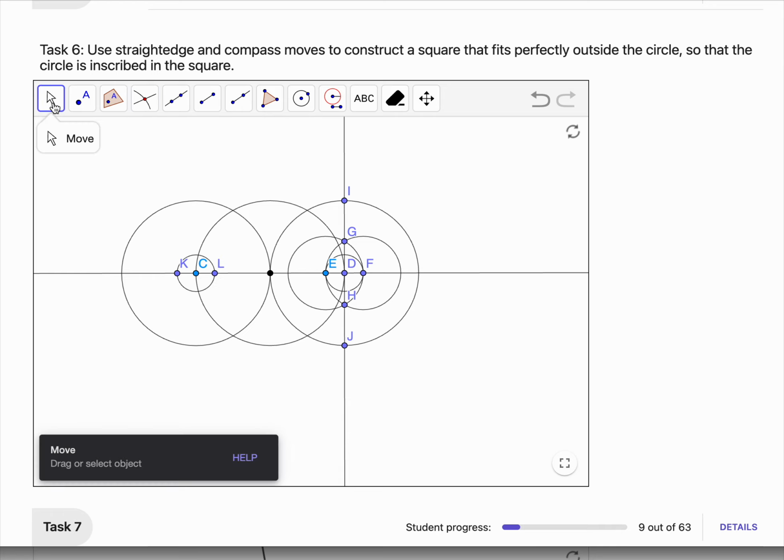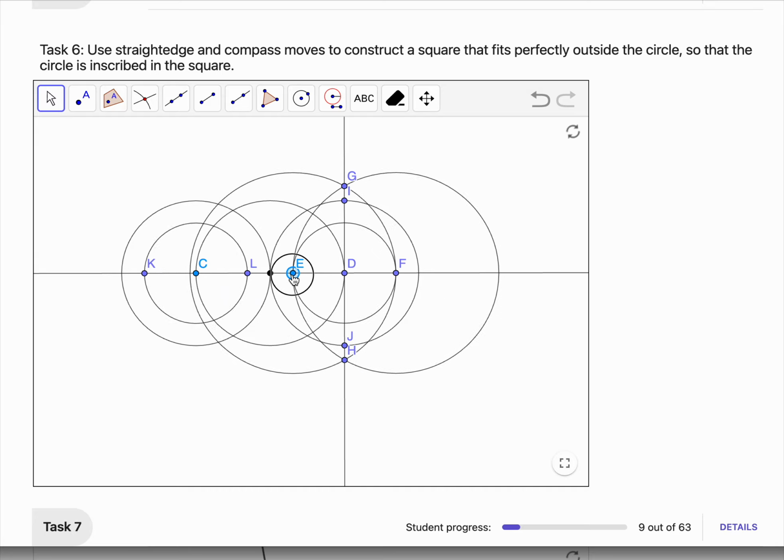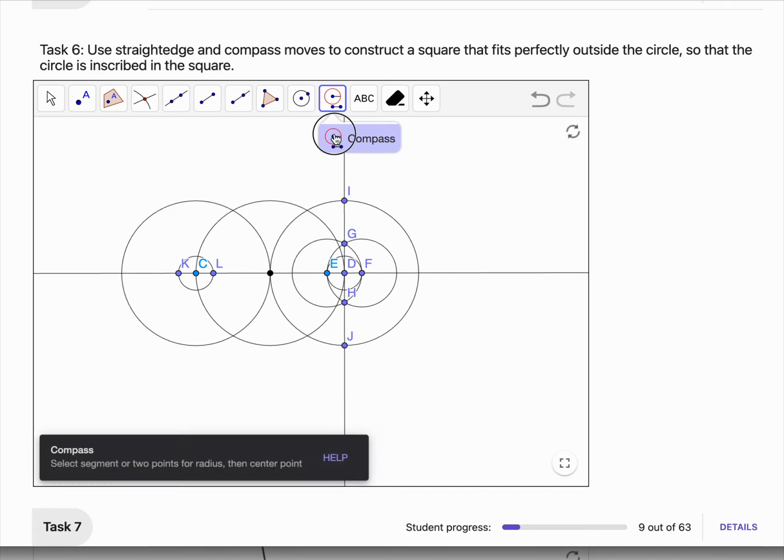And actually we can show that just by moving E around a little bit. You can see that the circles change size, right? This line is still perpendicular and it still goes through D, but it doesn't matter if I put E over here or E close in here. It doesn't matter. All right, so now using K and L,